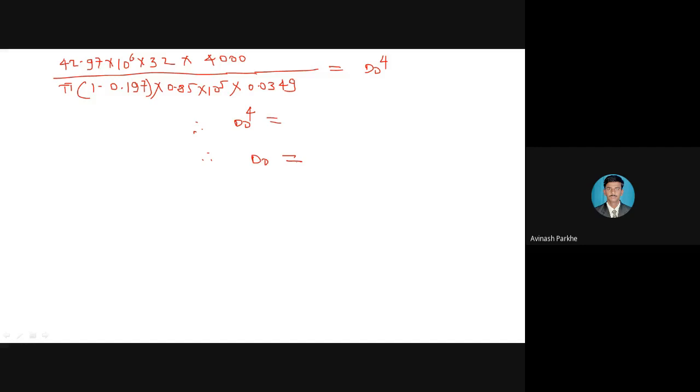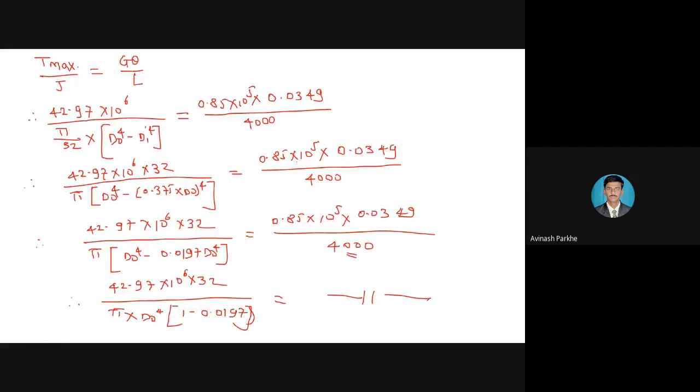Do the calculations properly. By using the shear stress, you will get the answer in the form of do cube. Procedure is same, only formula is different. T upon J is the same for both the conditions. T upon J at the left side, but only at the right side, instead of tau upon RO, you have considered G theta by L, because the value of G, theta and length is mentioned in the statement. The ratio of Di upon Do will be the same for both conditions, based on the shear stress and based on the angle of twist. There is no change in that. During both calculations, you have to consider Di is equal to 0.375 into Do.